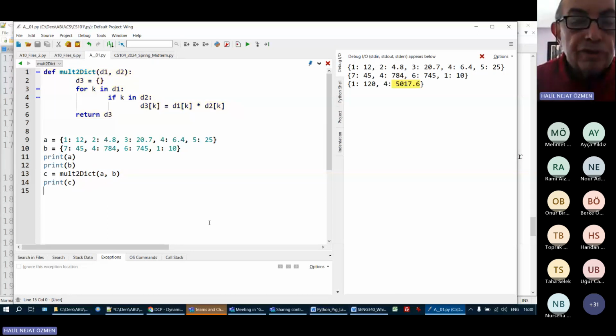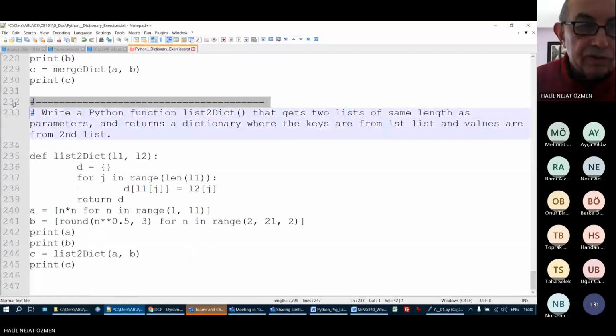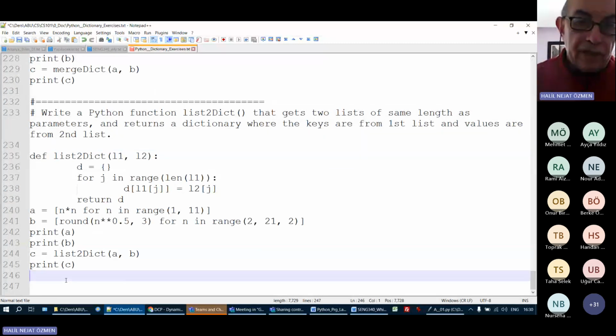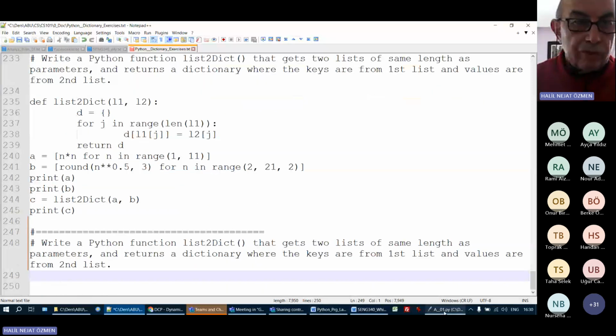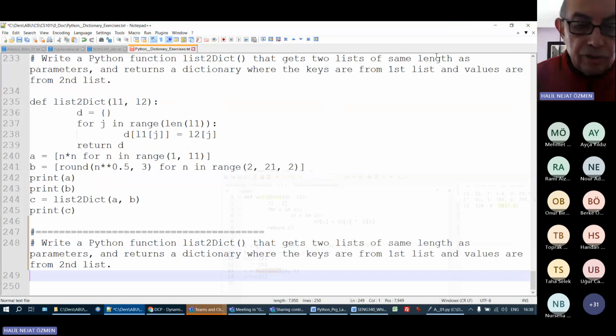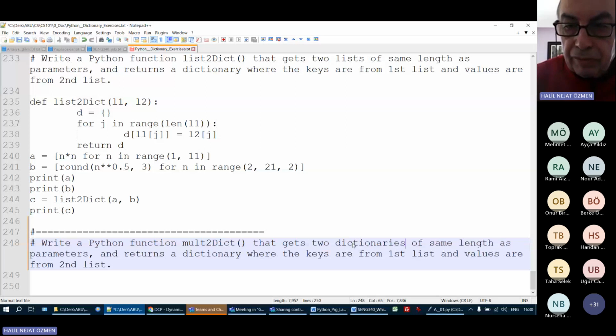Is this understood? Is this question understood? The question will be something like that. Let me put it here. Write a function, and so on. There are many things. Write a Python function. What was the name of our function? Multi2dict, let's say. That gets 2 dictionaries as parameters